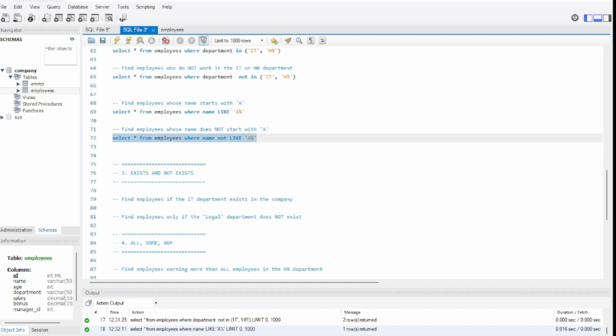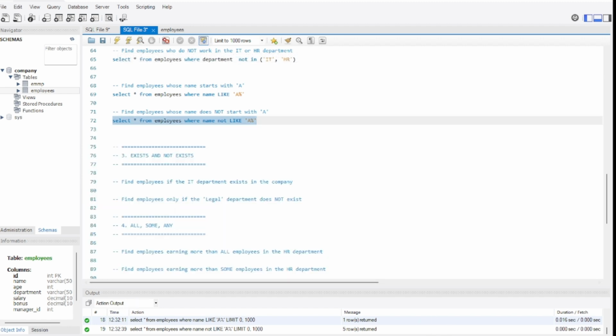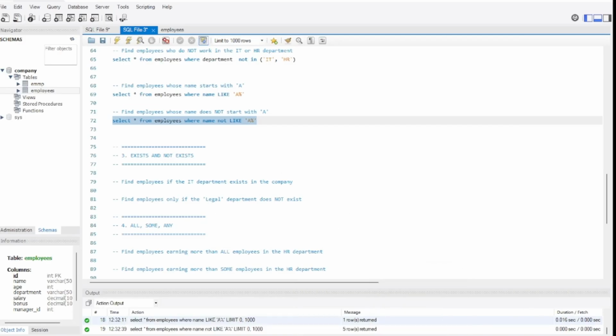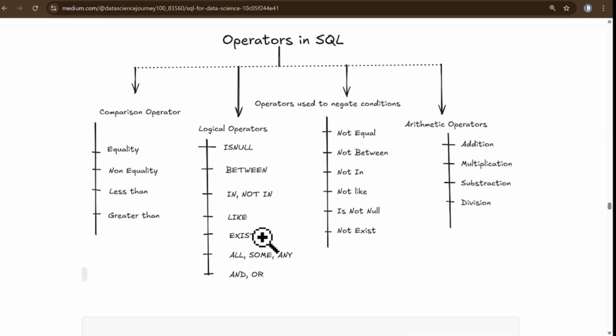Not like a person. See, their name is not starting with A. Okay, so we have understood is null, between, in operator, not in operator, like operator, not like operator. Now we have these operators: exist, all, some, any. For these operators, exist and all, some, any,